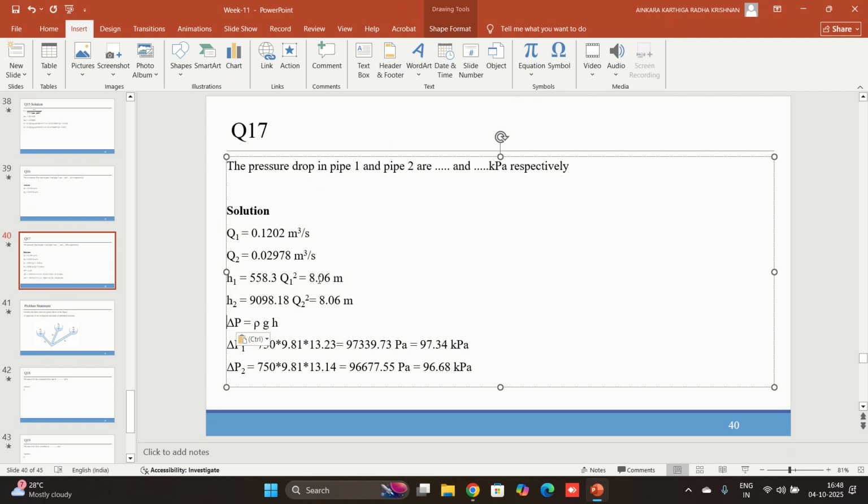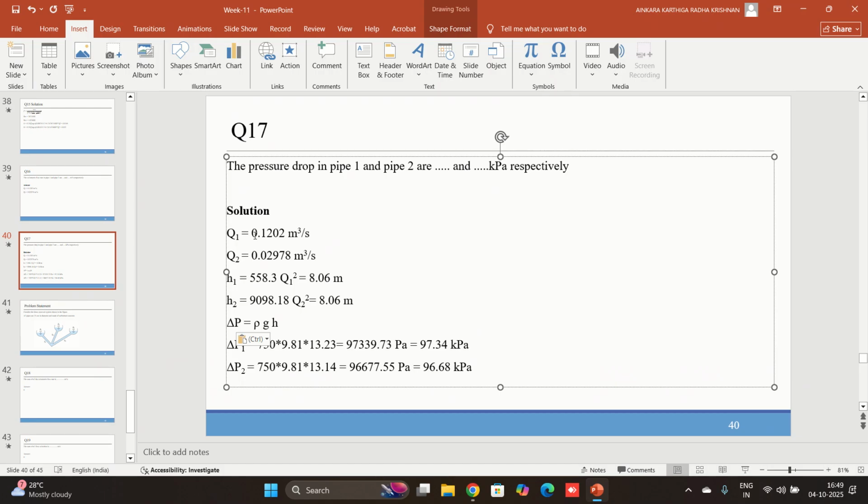So pressure drop delta P is equal to rho g HF. So HF we need to know. For HF we obtained the relation as a function of Q1 and H1. In pipe 1 it is 558.3 into Q1 square. So we know Q1, so we can directly substitute as H1 is 0.1202 square into 558.3, that is 8.06 meters, and similarly H2 is